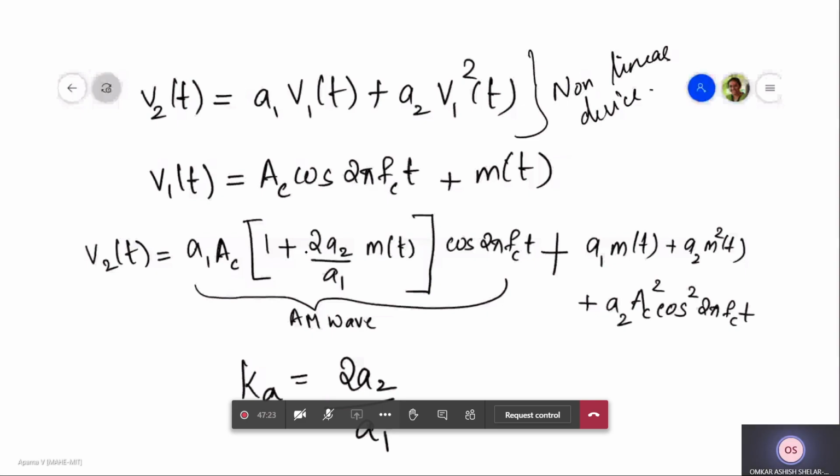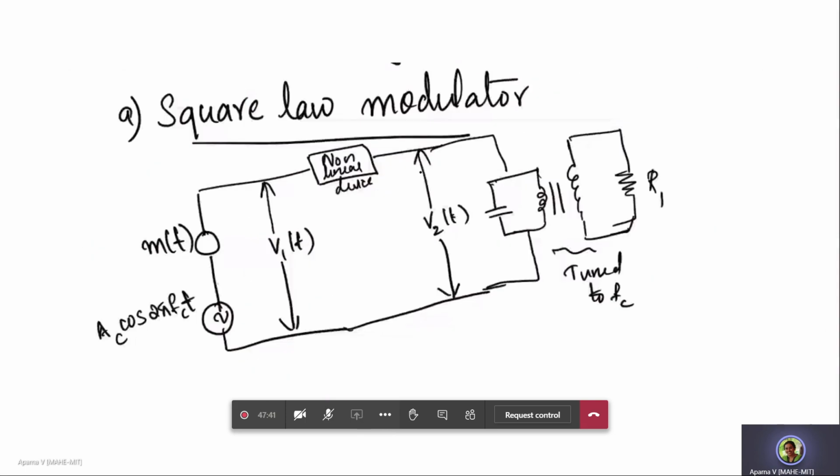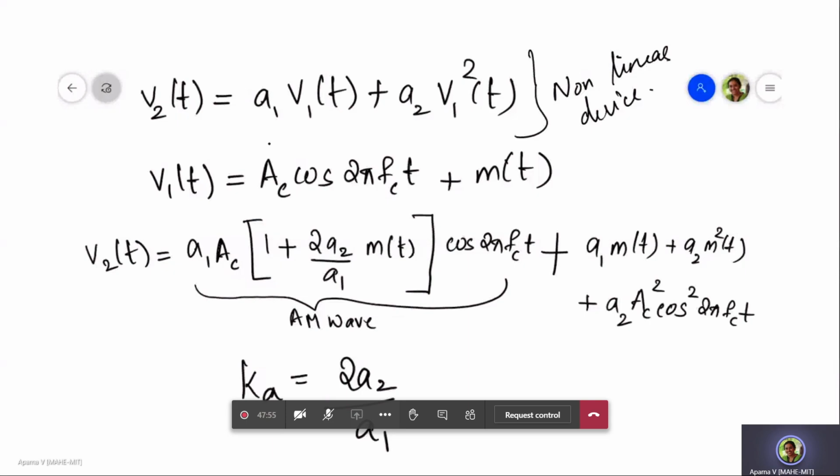Okay, so ma'am, basically V1 is the addition of the message signal and the carrier signal, which is then put to the nonlinear device, which gives the expression, and we only take whatever part we require and filter it out. And A1 V1t plus A2 V1 square t is a system function. For the nonlinear device, it is the input-output relationship. This can be a diode. You can say the diode gives an expression like this. When you expand that diode equation, you get the input-output relation like this. So that can be a diode also, or any other nonlinear device. Okay, understood.